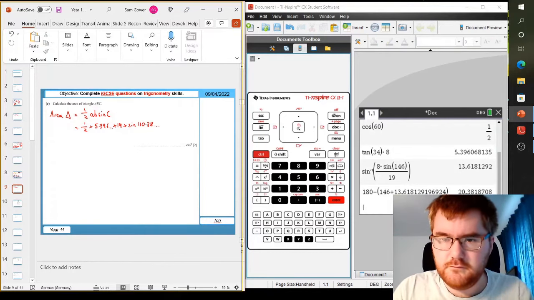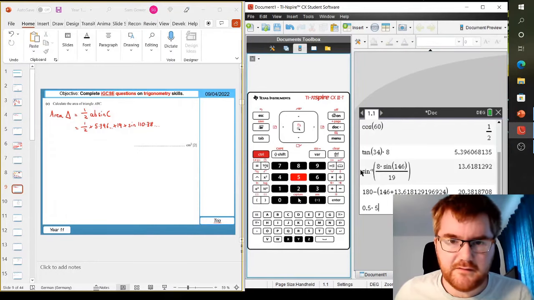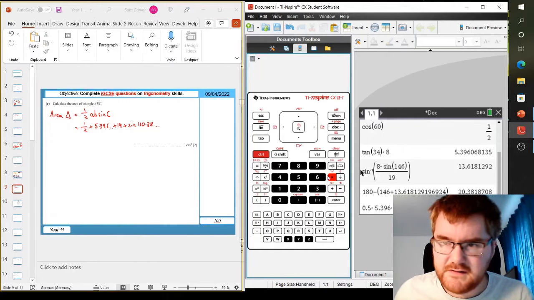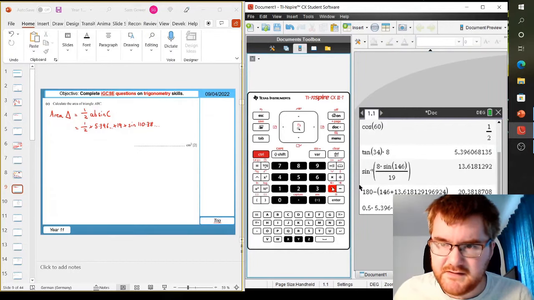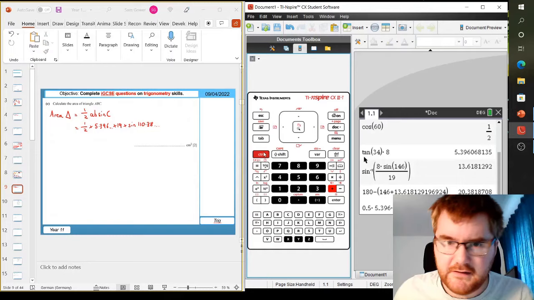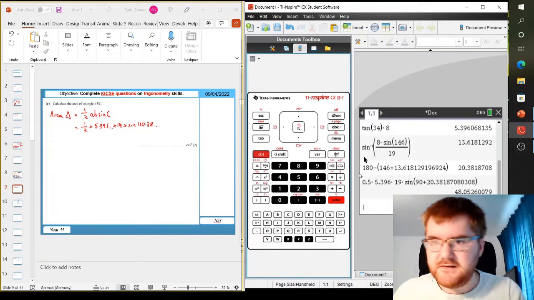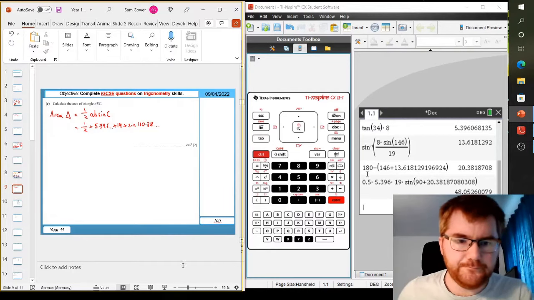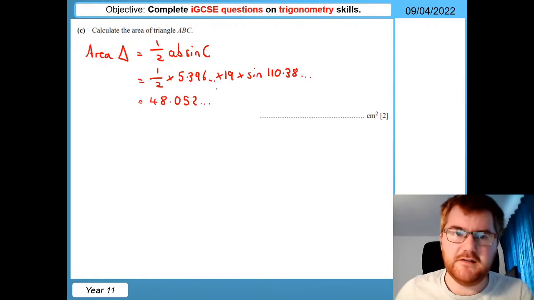So we have 0, oops, there we are. So 0.5 times 5.396. Probably should be using a few more decimal places, but we'll use this for the moment. 19 times, and we want to use sine here, of 90 plus answer, because the answer from before was that smallish angle that we had. So I'm going to try and use that just to minimize any rounding errors. So I think we've got everything there, and then we get to our final answer of 48.052, and that rounds then to